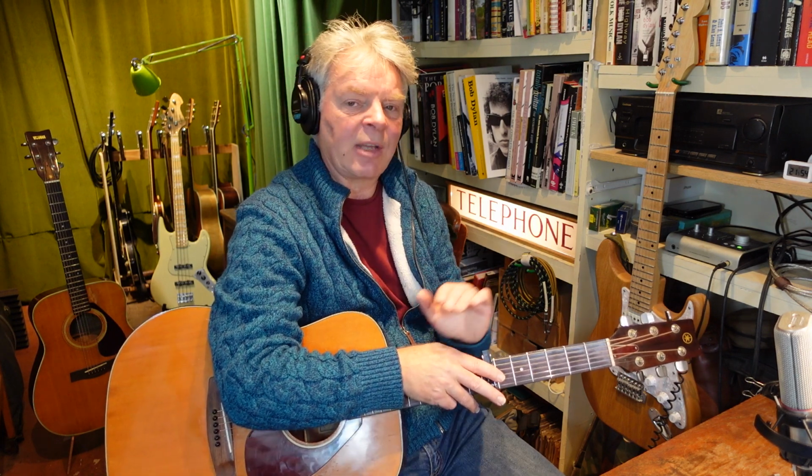Now, I've written out the original guitar part in tab, and I'll put that up on the screen in a moment. Apart from the various verses, there's also a 7-bar intro. I mustn't forget to show you that. And I'll talk through it in some detail, which might be a bit dull. And maybe the best thing is to get yourself a copy of the original guitar part in tablature and work